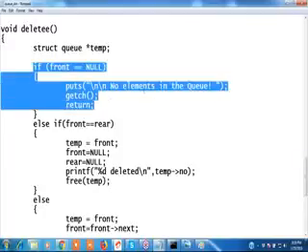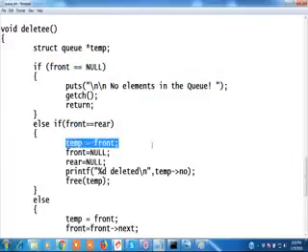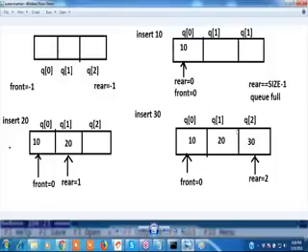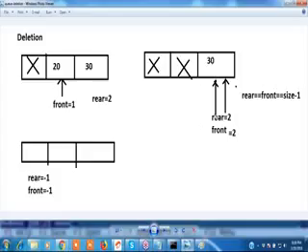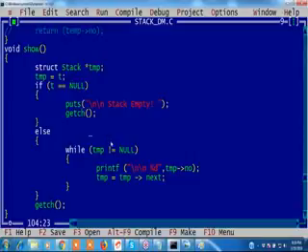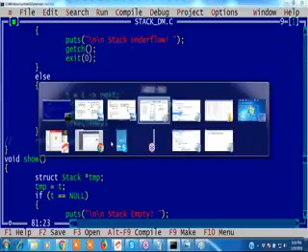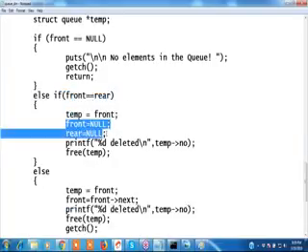And rear next: what is rear? First we had taken rear as null. The node we have taken: if front is null, front is pointing to this. Rear next equals node. This is the only node, so rear is the node only.